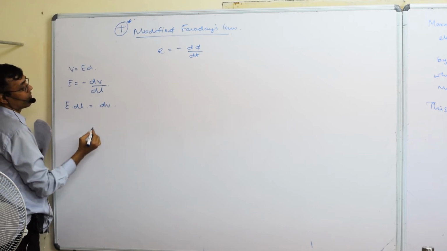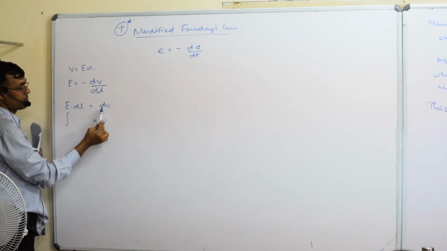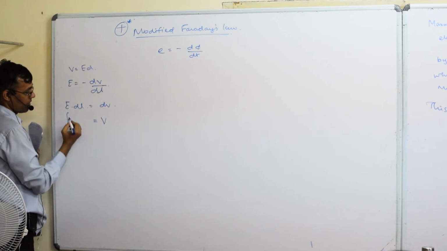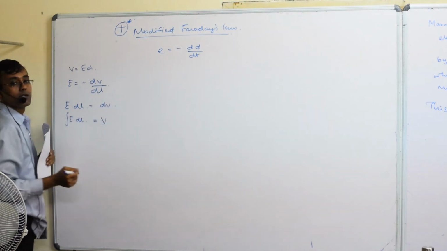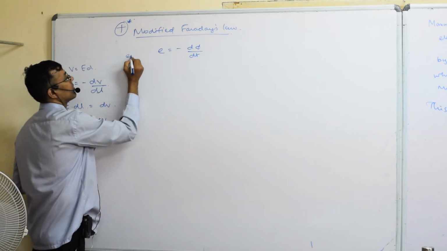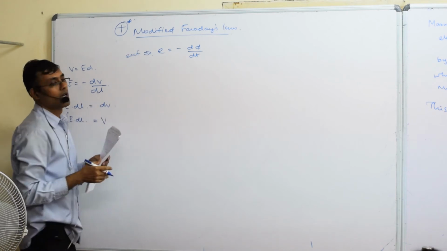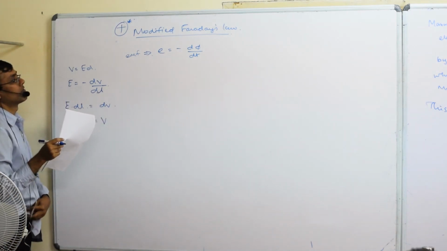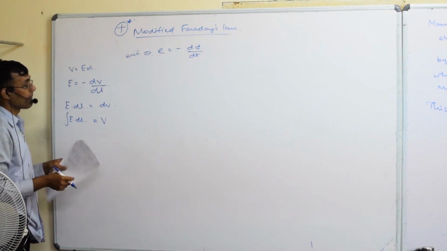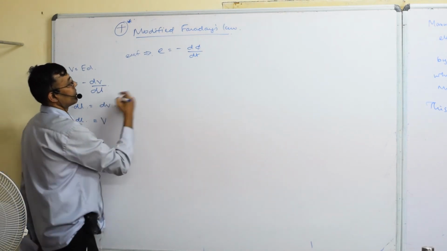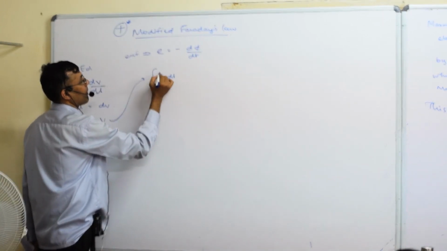If I want voltage V, I have to integrate on both sides, right? So if I integrate on both sides, the delta will go away. That means ∮E·dl. So voltage is nothing but EMF, right? So E is EMF, okay? Don't think it is an electric charge. At different places, the same letters mean different things. So now in place of this, I can put the regular ∮E·dl